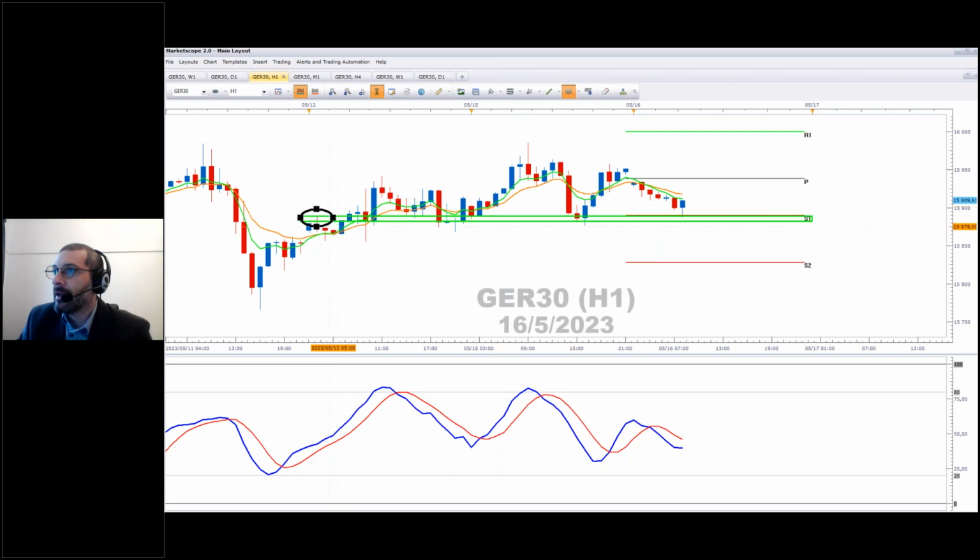You've got resistance, support, support, support, support. Okay, it's at 15,890. Certainly seems to be a level that the market is paying attention to. What we need to see is a crossover upwards on the EMA, crossover upwards on the stochastic. We don't have those yet, and we don't want to forecast those, right? We don't want to predict, we want to react. So just keep an eye on that.